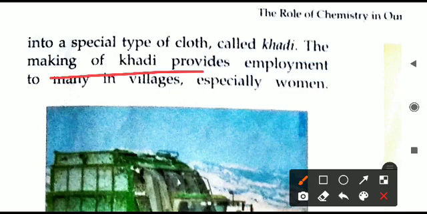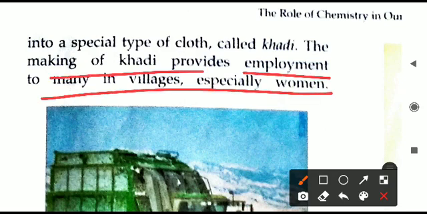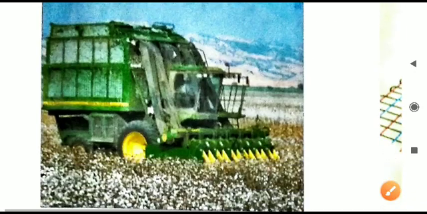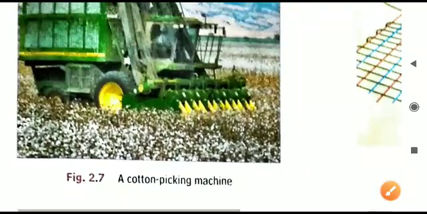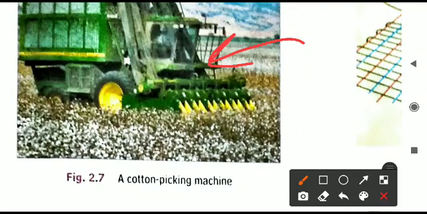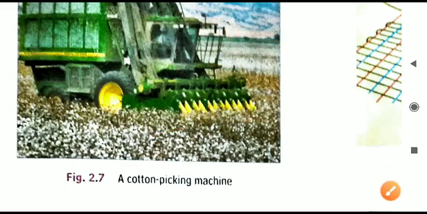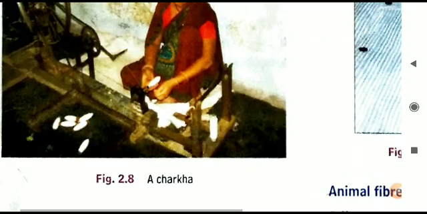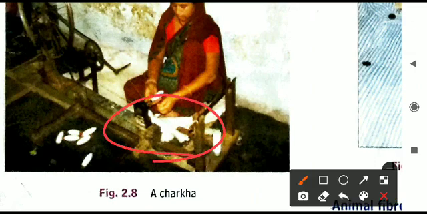So the making of khadi will do what? It will provide employment in villages. People get a job. They are getting the job to produce cotton fibers or the cloth using the charkha, or they can produce khadi. And especially the women in villages, they get work, and then they can run their families properly. So this photograph also, again you observe, this is the cotton picking machine. What it will do? It will take out the cotton fibers from the cotton balls, and then convert it into the bales. This is how you can see the woman is weaving cotton here using a charkha.